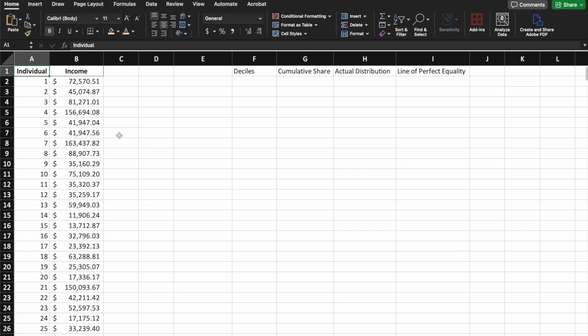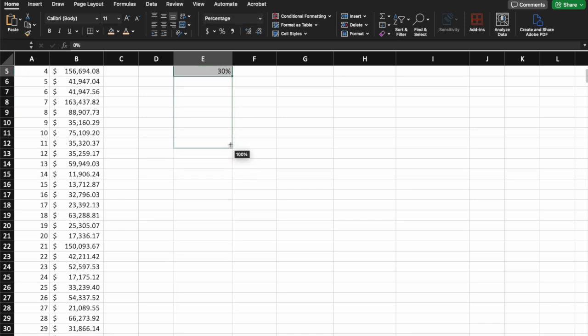In an inequitable society, you might imagine that the bottom 10% only have 1% of all the wealth, whereas the top 10% have more like 40% of the wealth. And so what we're going to do in measuring a Lorenz curve is look at each of the percentiles of the population and what share of the total wealth they have. For this example, we're going to use deciles, which means every 10th percentile of the population. So we're going to start at 0, and then go all the way up in increments of 10. So we're going to say 10%, 20%, 30%, all the way up to